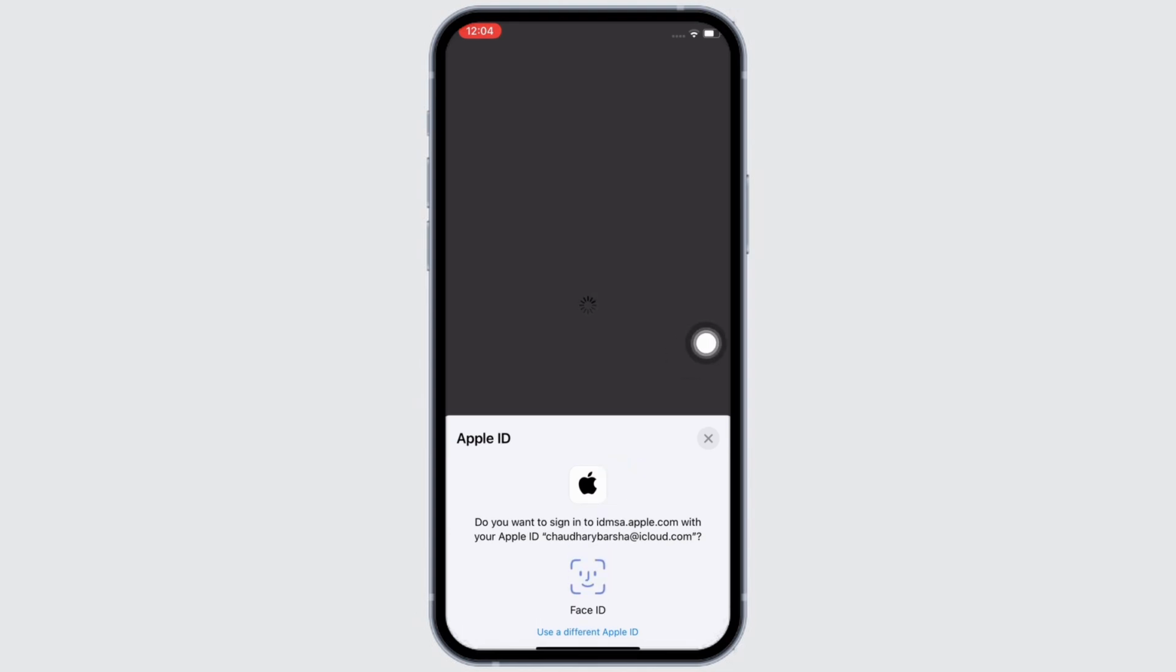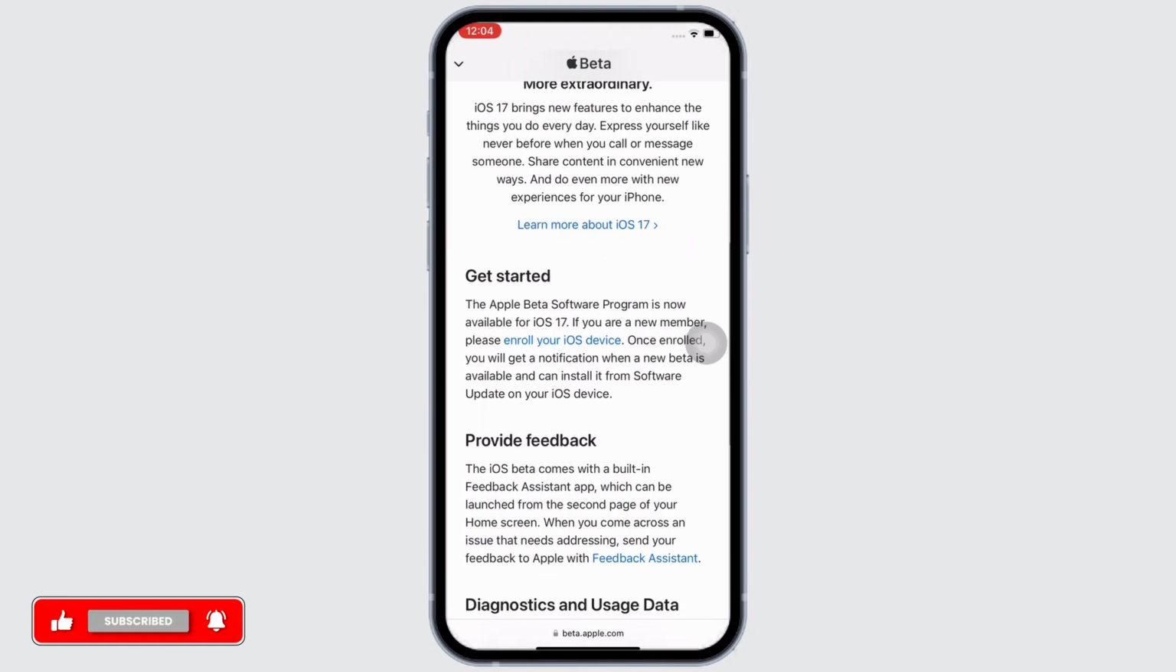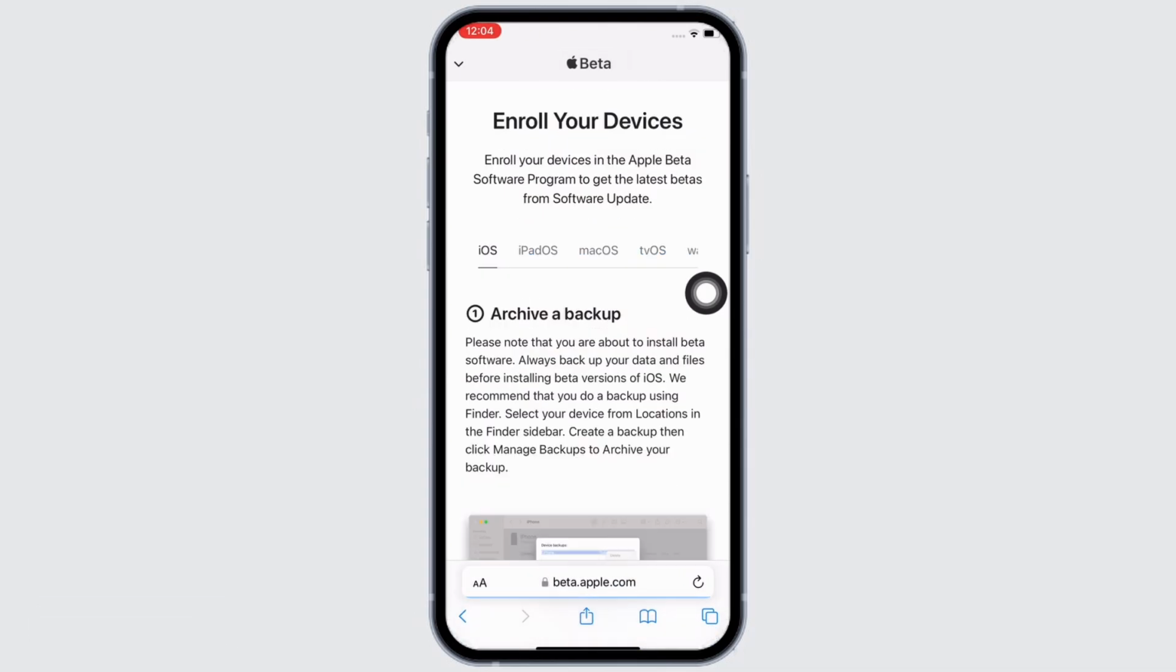You will then be led to the terms and conditions, so go through it briefly and tap on the agree button. Now under get started, you will see the hyperlink for enroll your iOS device. Tap on that. Now in the interface that you will be led to, scroll down and tap on the open